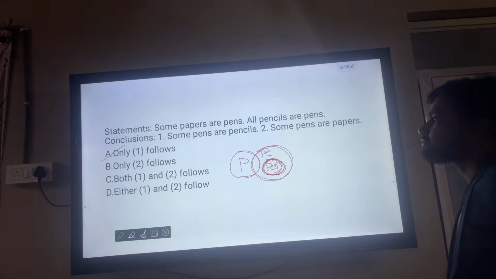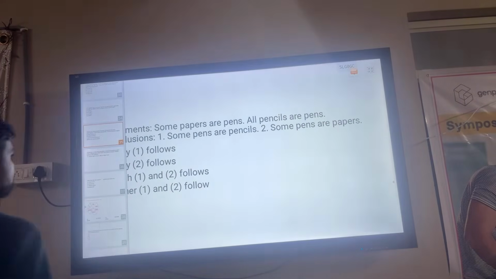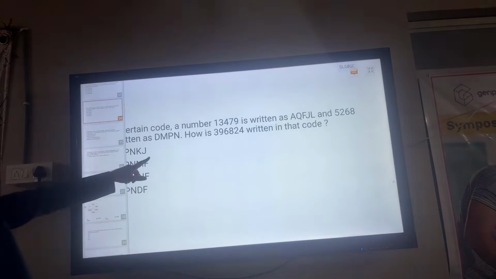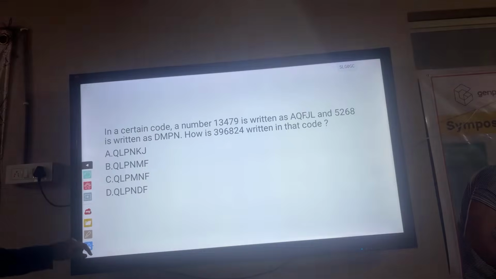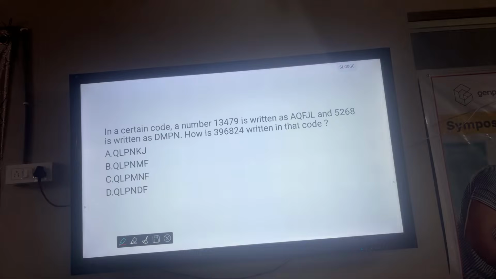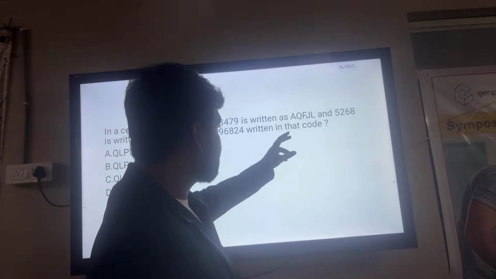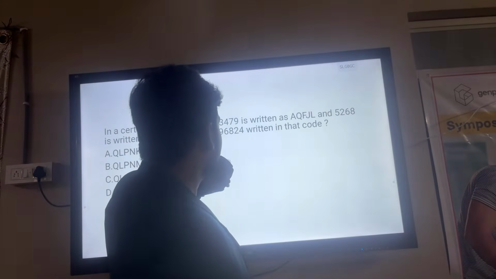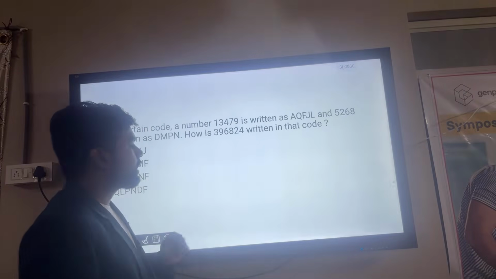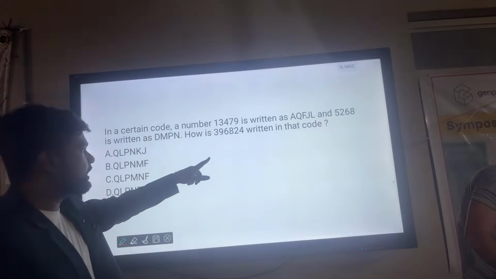Okay. One more. Ready? Can you answer this one? It is related to coding, decoding. 1, 3, 4, 7, 9 is written as A, Q, F, J, L. So they are coding A as 1, Q as 3. And 5, 2, 6 are coded as D, M, P, N. They are asking how to write